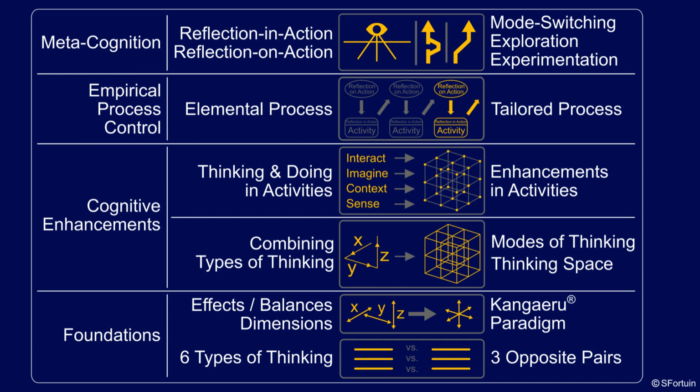EPC requires 2 kinds of metacognition, which is a fancy name for thinking about your thinking. The one applied during an activity is called reflection in action, and the one used during the evaluation events is called reflection on action. The elemental process and its empirical process control allow for creating and maintaining effective activities and